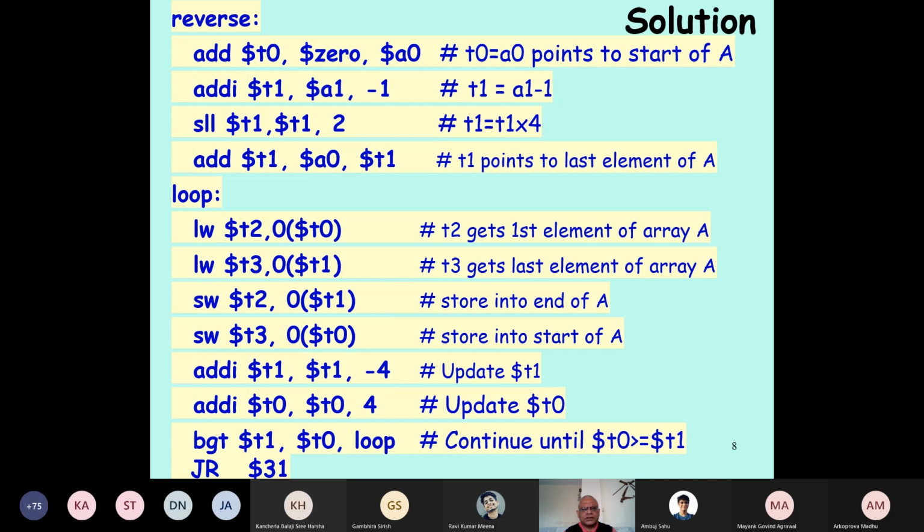But we can't just add 9 to the start address to get the address of the last element, because each element is taking 4 bytes. If it is 9, then we have to multiply with 4 to make it 36. We add 36 to the start address of the array to get the address of the last element.